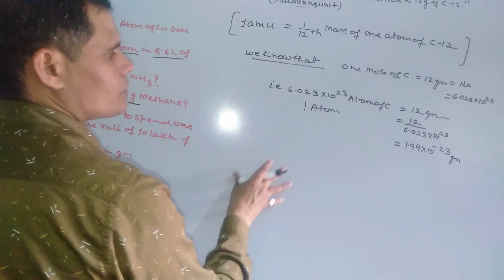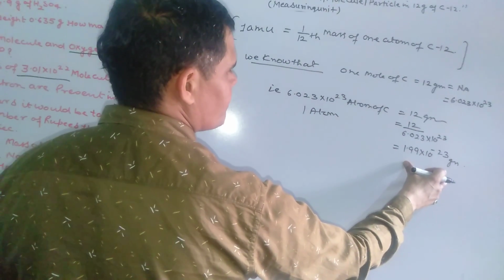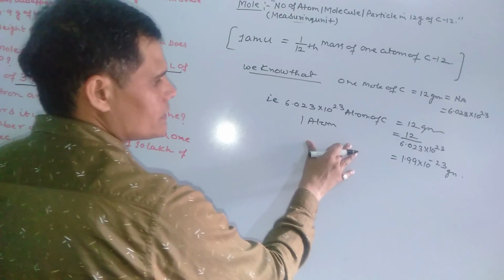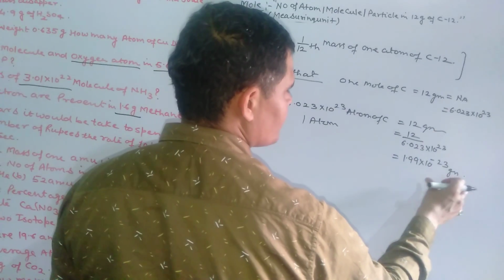Means mass of one atom of carbon 12 is 1.99 into 10 to the power